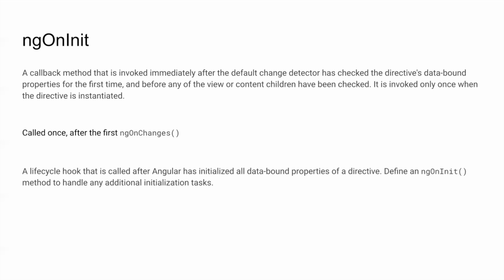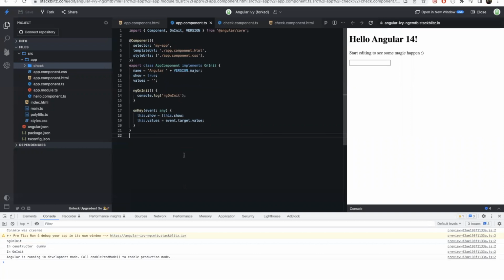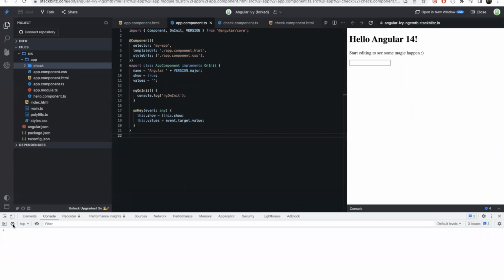So when an Angular component is instantiated, it goes through a life cycle process where it first calls the ngOnChanges method whenever any change is detected in the component. The first time ngOnChanges is called, after that ngOnInit is called. So just to demonstrate ngOnInit and constructor, I have created a simple application here